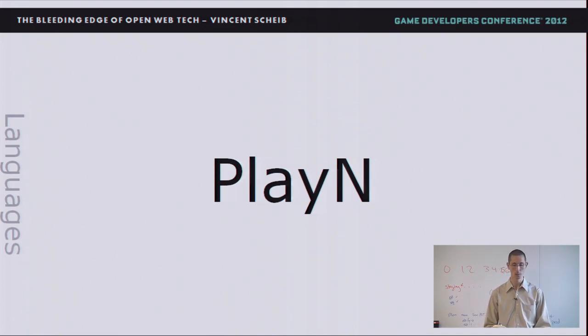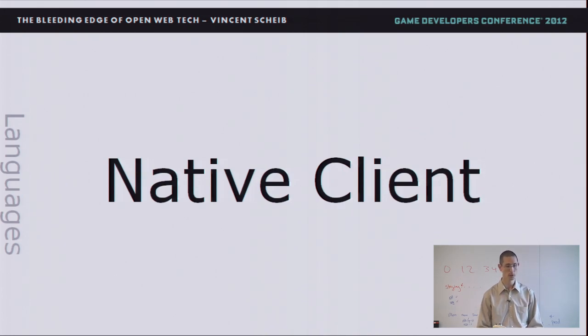PlayN includes a little bit more than just language conversion. It does also have a framework that is utilized and then ported onto those multiple targets. So that being said, those are the options to convert or transcode your games onto JavaScript, but there's another option available as well. There's an open source project called Native Client. It is done by Google,